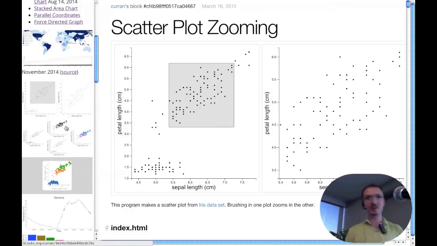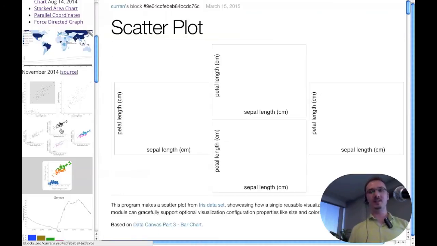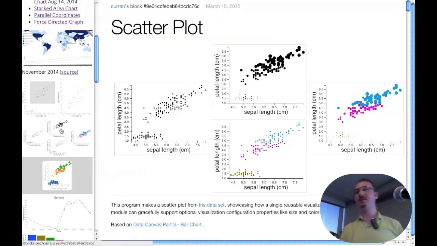I drove across the country and started this job at Alpine. And I continued to sort of tinker with pure model.js stuff. I wanted to just solve all these different problems individually. So this is solving this problem of the scatter plot where you have these optionally configurable fields of the scatter plot. Because a scatter plot in its most basic form is just X and Y, two columns of data